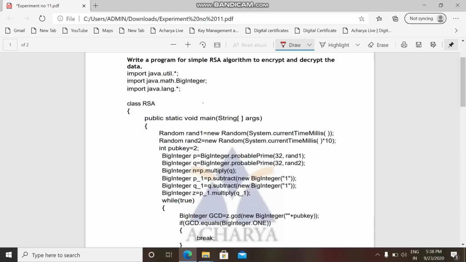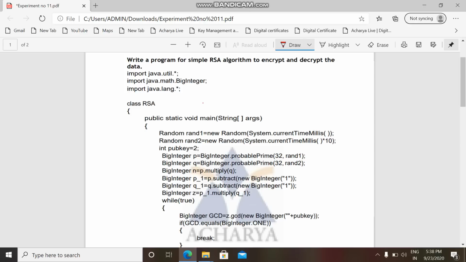First step is choose two large prime numbers, then multiply n is equal to p into q. Now since p and q are big integers, we simply cannot perform normal multiplication. So we need to make use of a built-in method which is defined in this class. So we have various built-in methods like multiply, add, subtract, divide and all that.